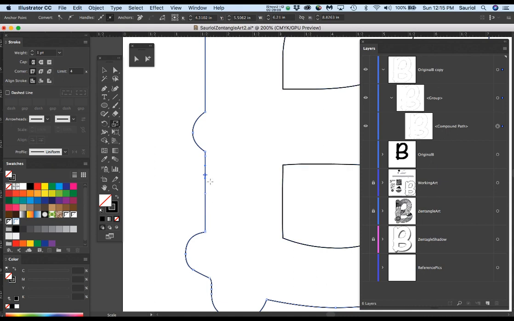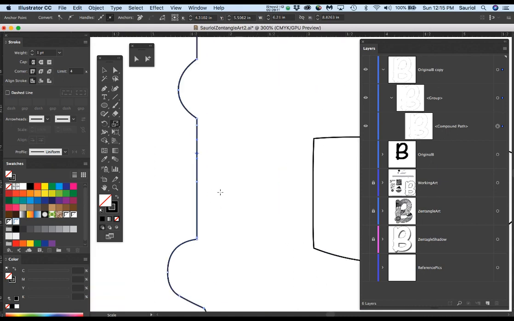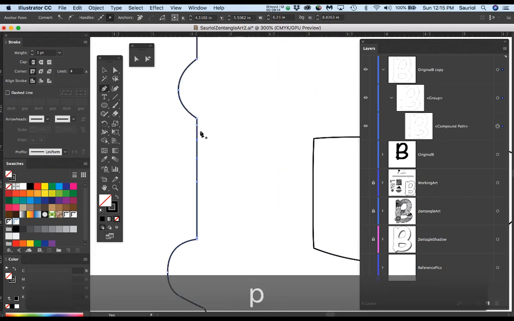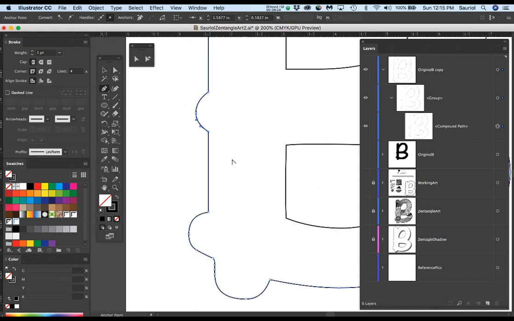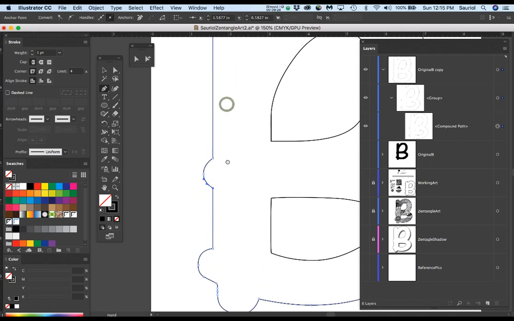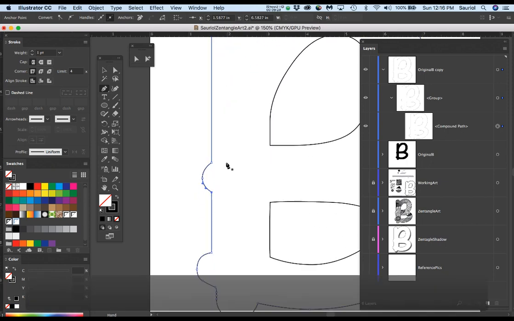Do you see all these points that are on that straight line? Whoa, that's way too many points. So I'm going to take the P key, and please use the pen tool to subtract out unwanted or unneeded points. Why did I do that? So that I can, let me see if there's any up here. No, there isn't. So I could take the direct selection tool, click on that point, and just move it up